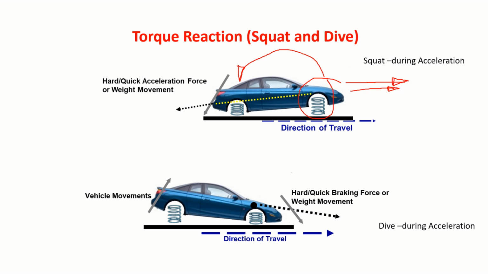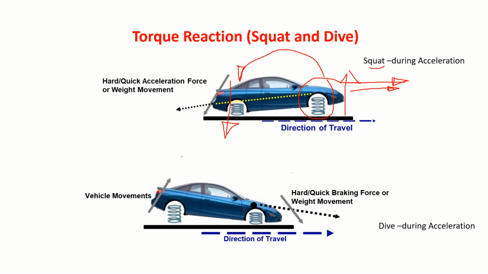This is what we call dynamic load transfer. Because of this, initially it had its own load. Now some amount of load got transferred, so that this suspension spring gets compressed and more load comes. Then the vehicle front portion gets lifted up and the rear portion goes down. This we call the squatting phenomenon. Correct? It's the squatting phenomenon.